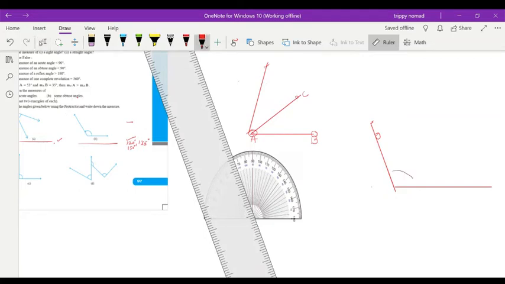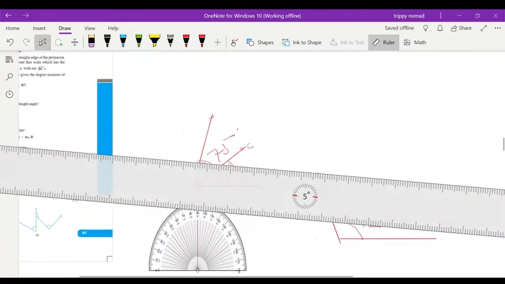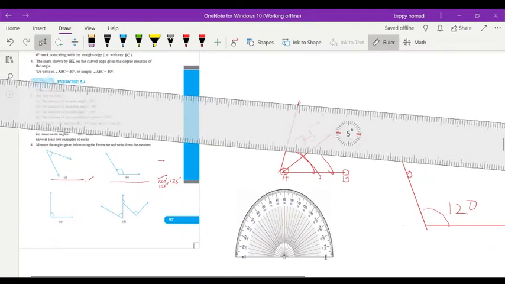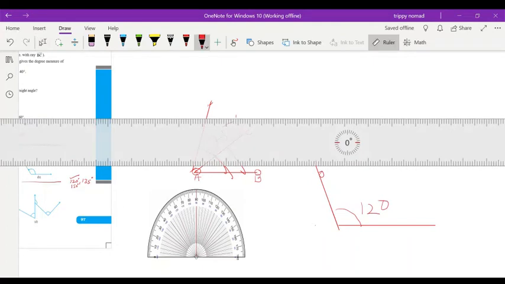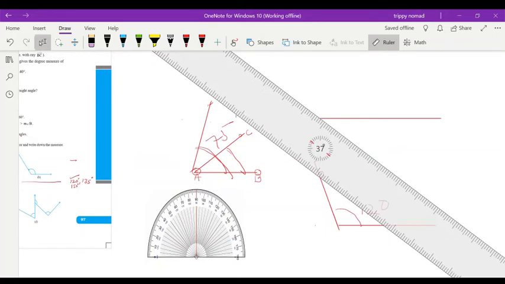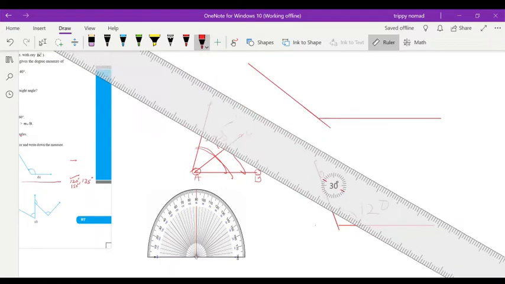So same way children, you can measure. This complete was 75, and if you will see this one, this was more than 30 degree. So I hope you understood how. And same way, if you have to measure any angle drawn in your textbook, you can measure with the help of protractor. Children, I am drawing one angle once again, roughly. I have drawn here one angle, all of you have seen.